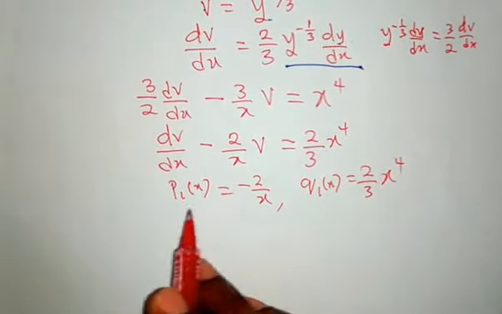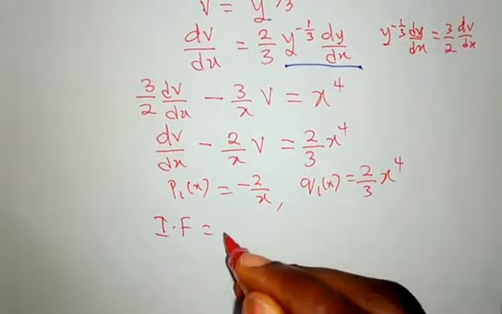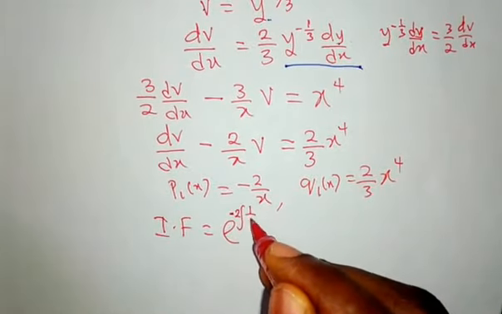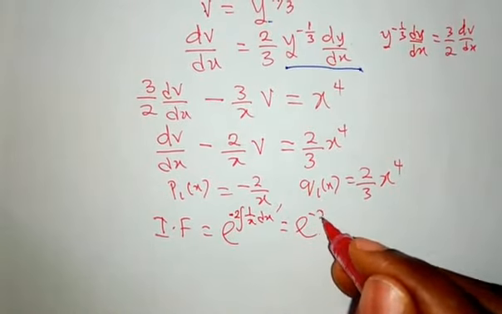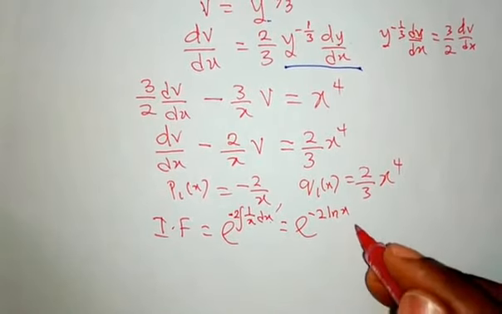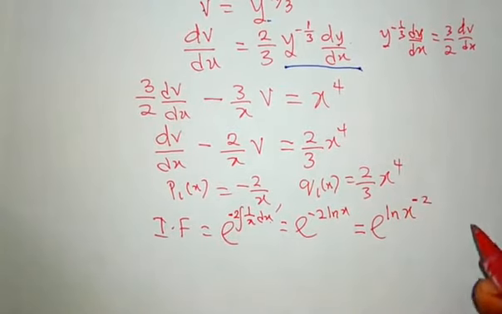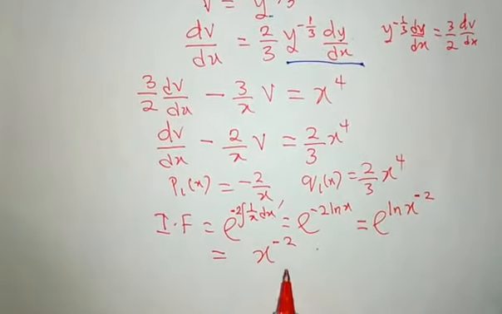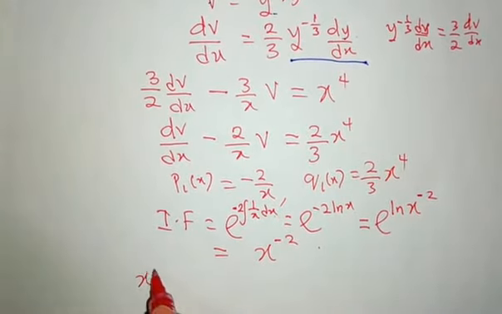Now to solve this, we find our integrating factor, which is equal to the exponential of the integral of p1 of x, that's minus 2 times 1 over x dx. And this is equal to exponential of minus 2 ln x. If you integrate 1 over x with respect to x, you get this. And this is equal to exponential of ln x to the minus 2, which is equal to x to the power of minus 2. So we now multiply this equation by our integrating factor to get